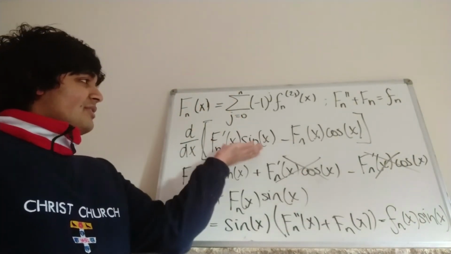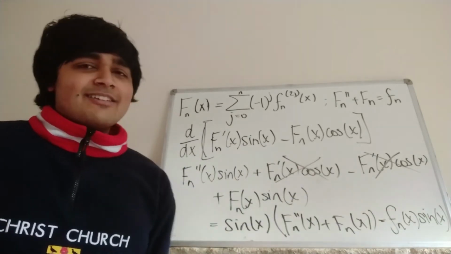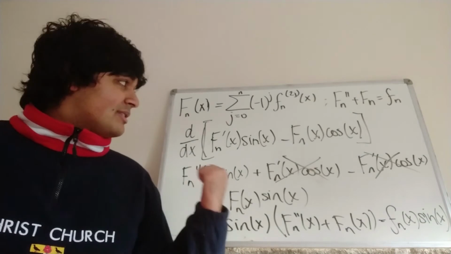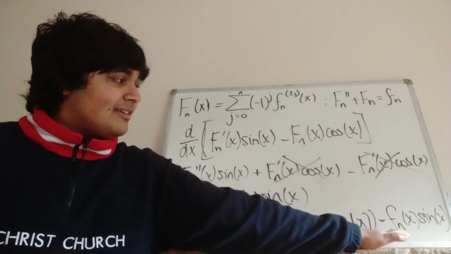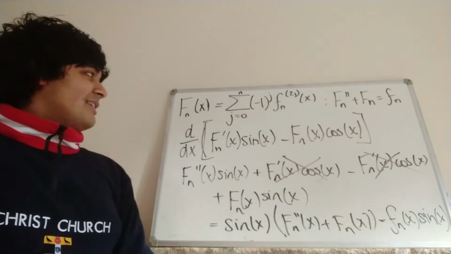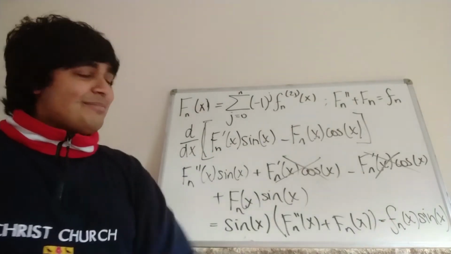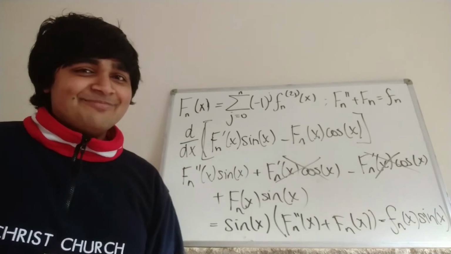Okay, so we've shown that the derivative of this guy here equals this guy here. And now why did I want to show this? Well, now what we can do is integrate both sides. So if we integrate this right hand side, just using the fundamental theorem of calculus, we're going to get the thing inside the brackets here. Anyway, this is all messy, and let me clear up the whiteboard and then we can continue.